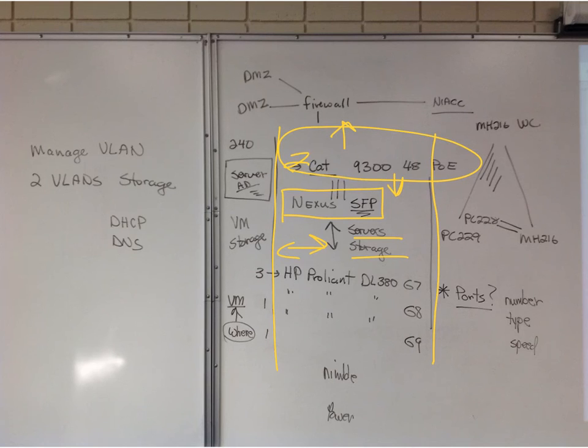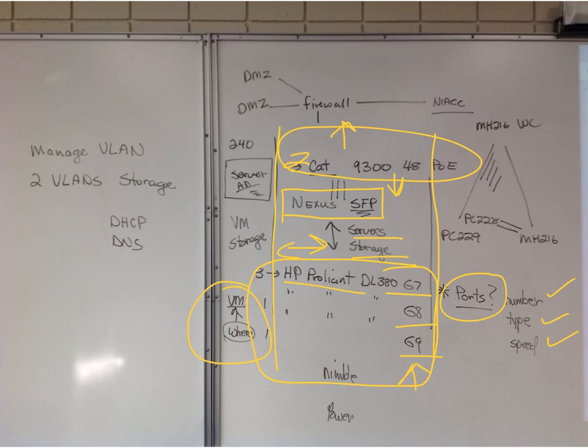Things we need to do is we need to get a good evaluation of the items we have currently, the ProLiant 380s. Those get what we have for ports, how many ports, type, speed, where the VMs are. VMs are storage, and then our separate box evaluation of that,